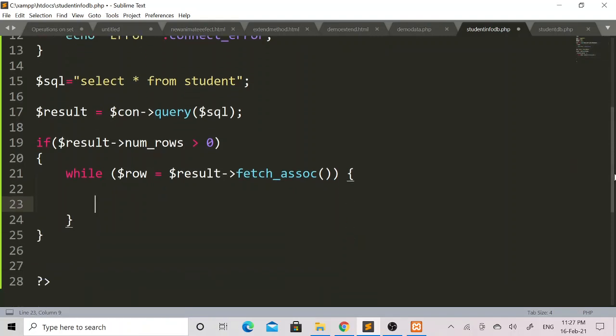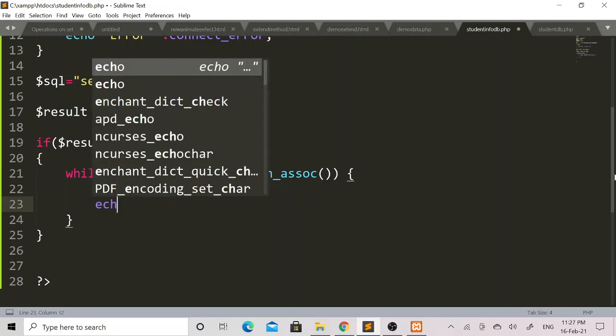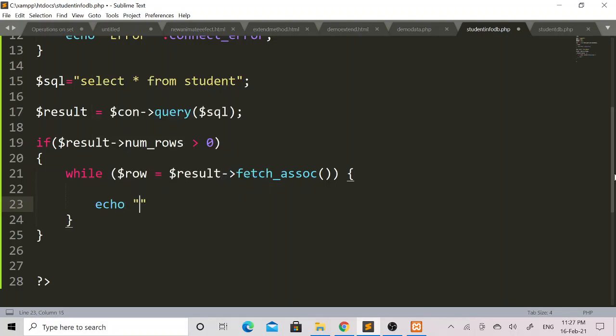Now in order to display the student information in table values, using echo keyword I will include here HTML code.